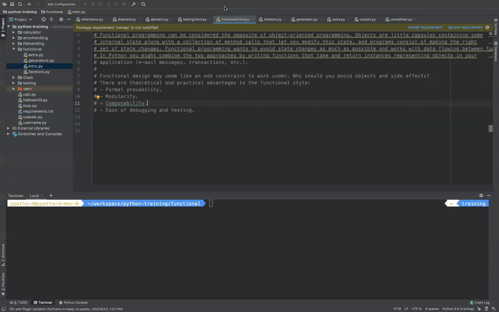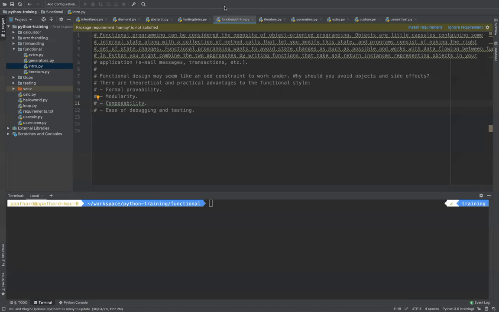So in functional programming, what happens is you create some functions, okay? And the way it works is it takes some input and it gives you back some output, and that's about it. So it doesn't want to maintain data, the related methods, and all that encapsulated together. It just wants to do one thing. For example, it takes in the input and it gives you an output, so it doesn't maintain any state changes.